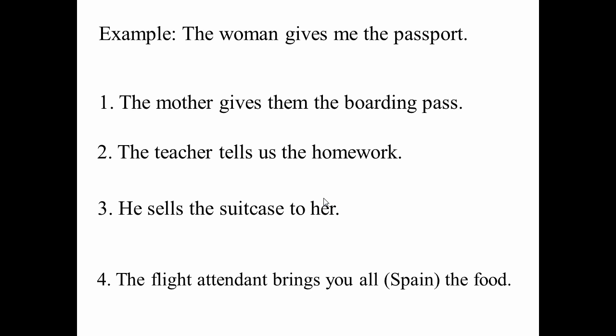The woman gives me the passport. So the first thing that you want to do is look at it and say, okay, the woman, that's the subject. The verb is gives, to figure out what everything is. The woman gives, what's the direct object? The woman gives what? The passport. The direct object in this one actually isn't directly after it. The woman gives the passport to whom? To me is the indirect. I mean, typically, the indirect is the person in the sentence that's not the subject, and the subject comes before